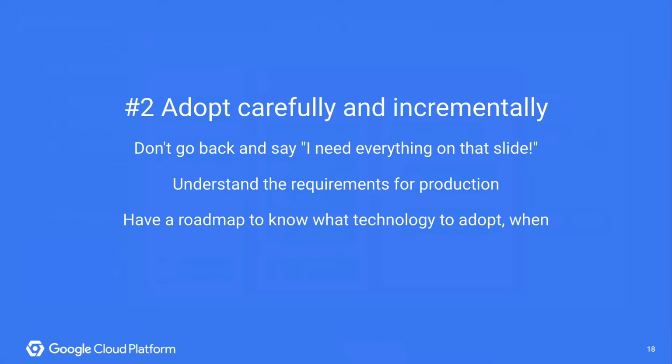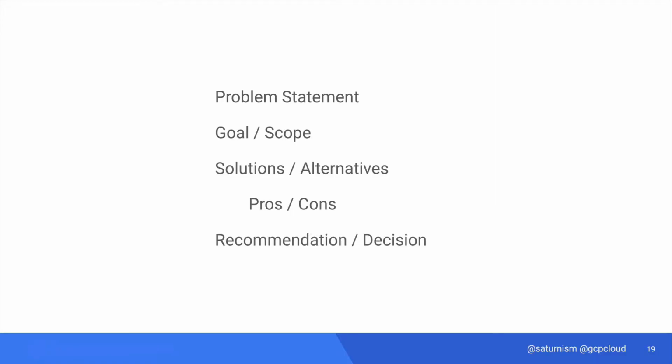What I don't want everyone to do here is that after this talk, you go back to the very first diagram and say, hey, let's implement everything in this diagram. That's not the best practice, nor the lesson at all. When we are faced with these technology choices, we always go back to the root of the business need and the requirements. What do we really want to achieve? What do we really need?